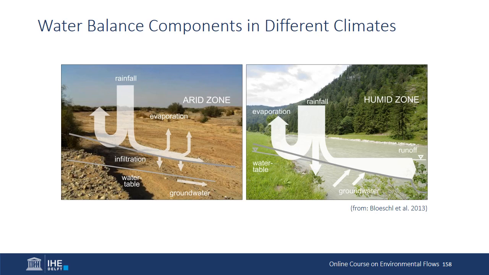On the one hand side, in the humid zone, we have part of the rainfall being translated into surface runoff, but the majority is coming from groundwater, because the groundwater table is not disconnected from the surface, whereas in the arid zone on the left hand side, the groundwater table is below the surface, it's disconnected from the surface processes, there's no return flow, there's no base flow, the streams are only flowing periodically or episodically, and the majority of discharge is generated by surface near components.